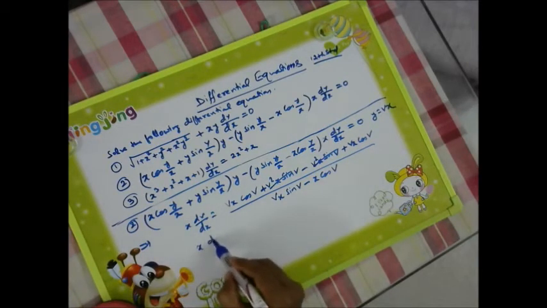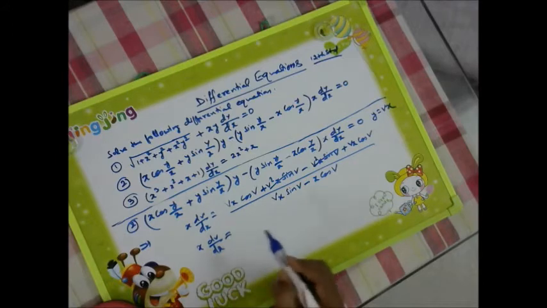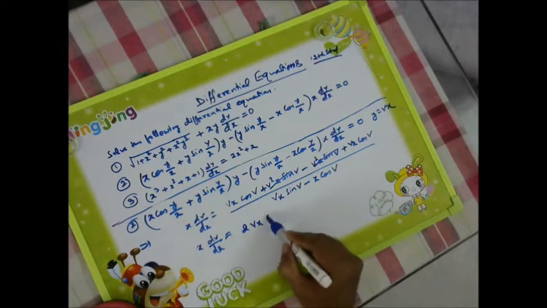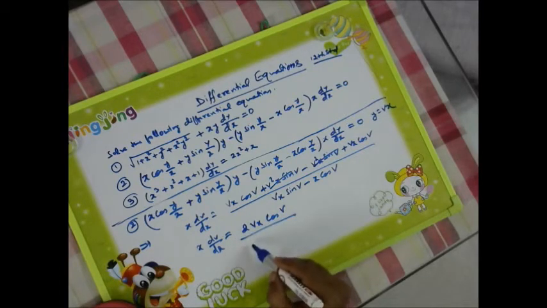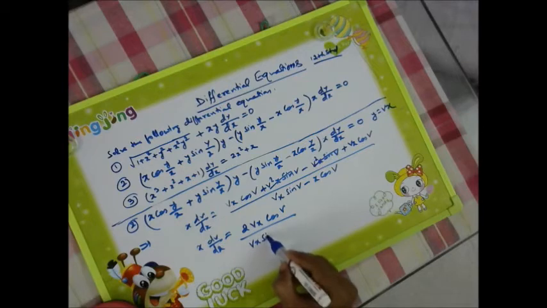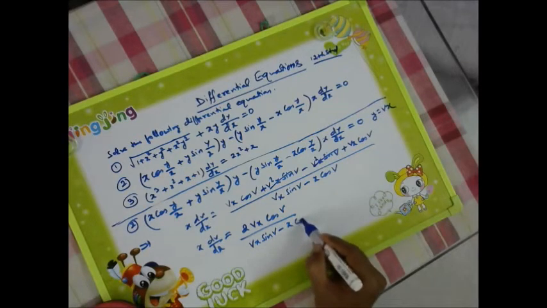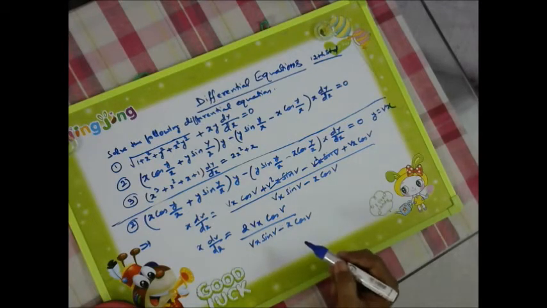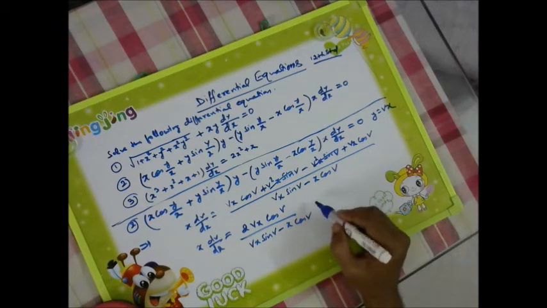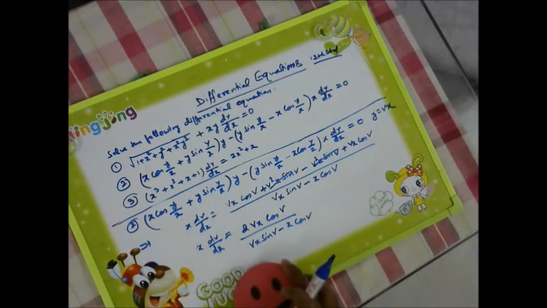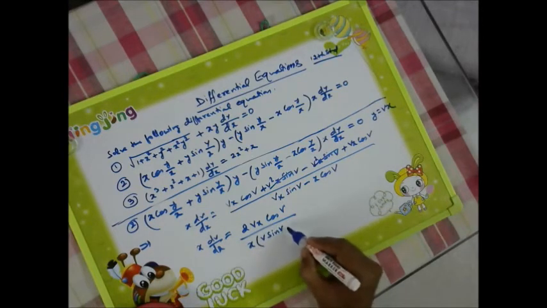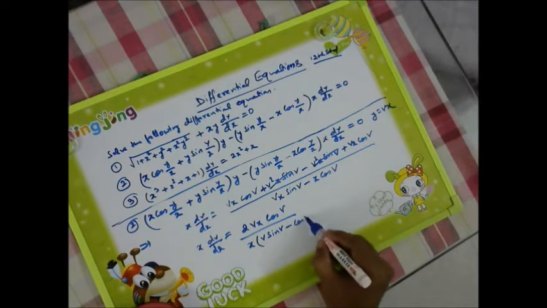Further, x dv by dx is equal to 2Vx cos V divided by Vx sin V minus x cos V. Now numerator and denominator we will cancel x. Okay. So directly I am writing at the numerator in this way, x after taking common. So it is becoming V sin V minus cos V.